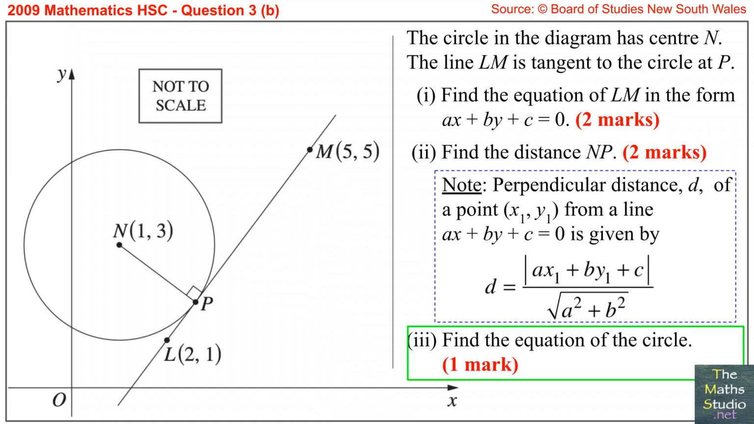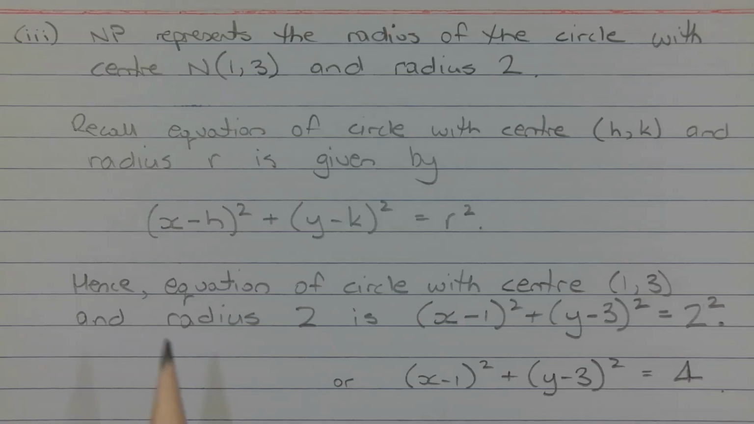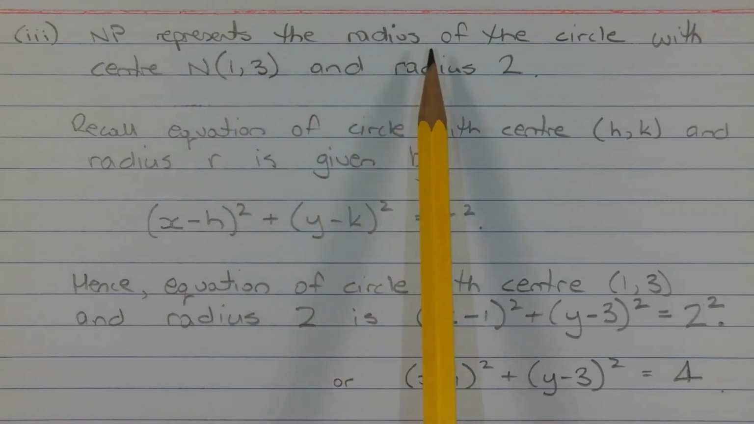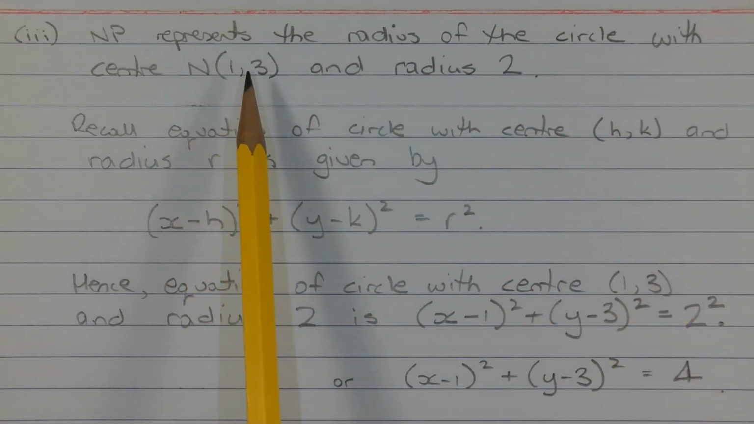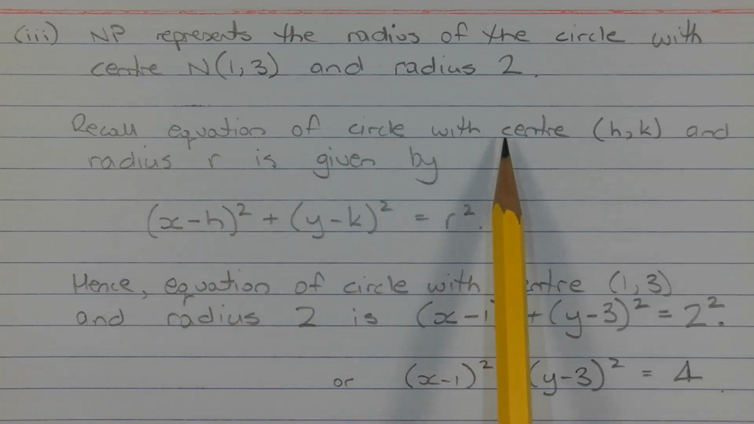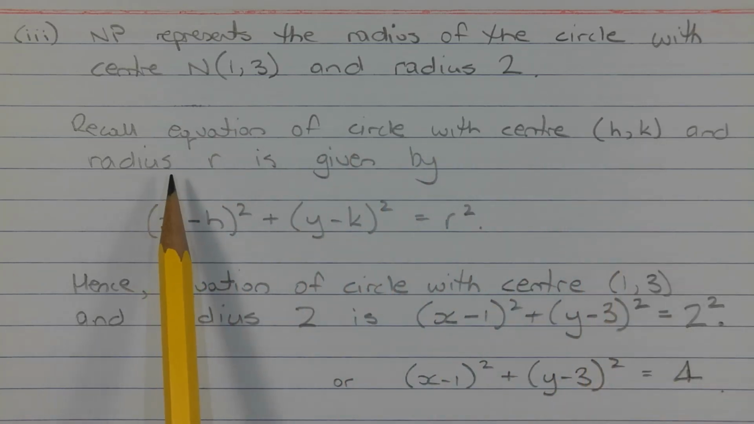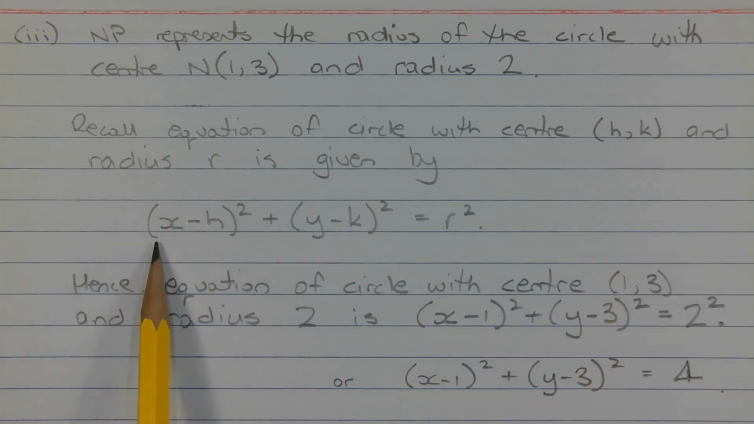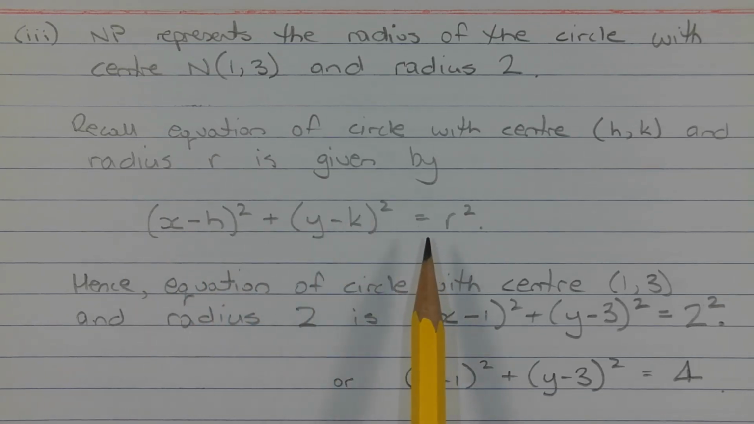Part 3. Find the equation of the circle. The interval NP represents the radius of the circle with center N (1, 3) and radius 2. Recall that the equation of a circle with center (h, k) and radius r is given by (x minus h) squared plus (y minus k) squared is equal to r squared, which is based on Pythagoras'